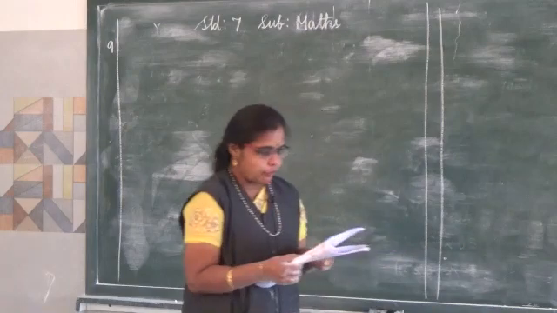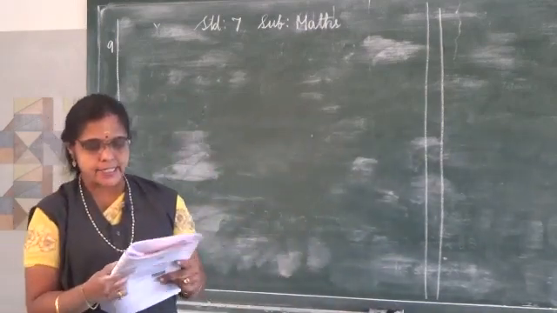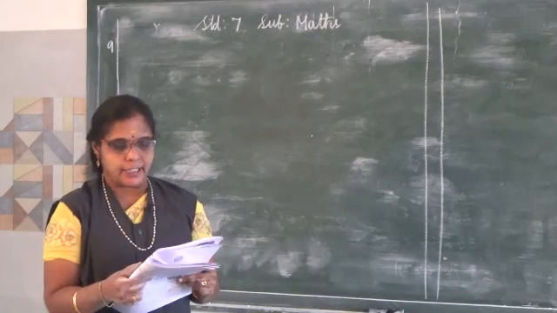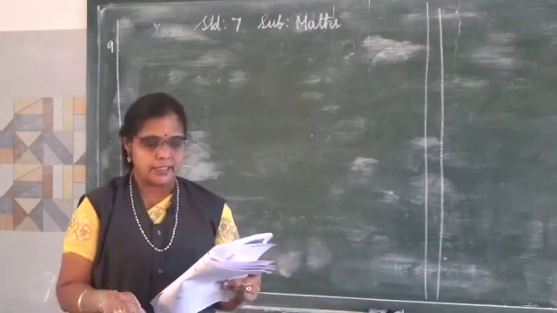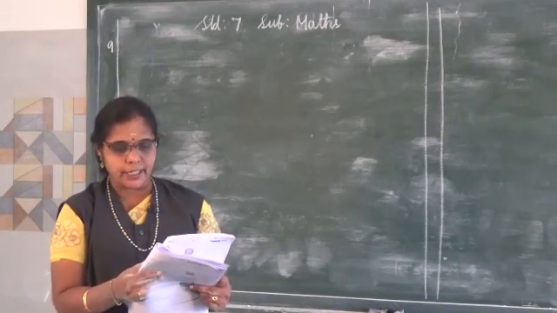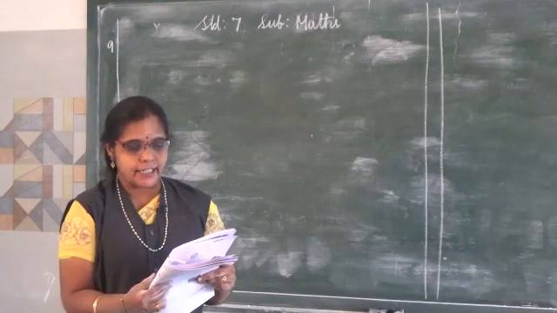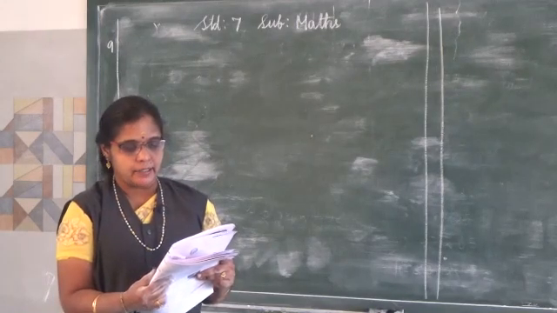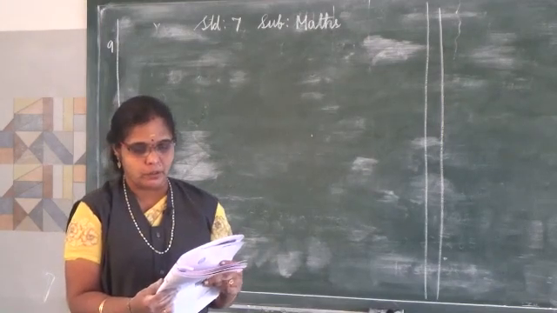Here, the floor of the circular swimming pool, whose radius is 7 meters. The swimming pool is in the circular shape. The radius they have given us is 7 meters. It has to be cemented at the rate of rupees 18 per meter square. Find the total cost of cementing the floor.